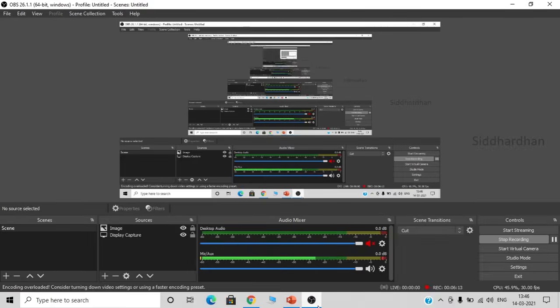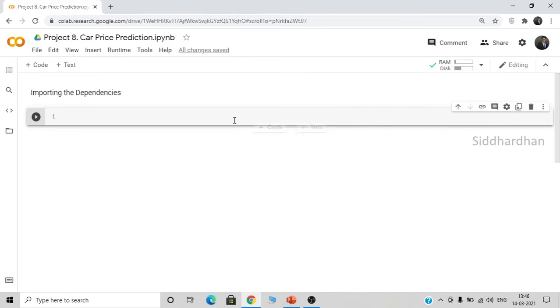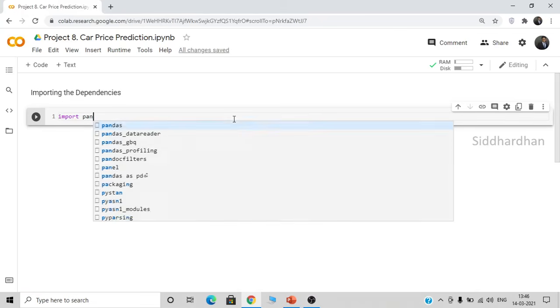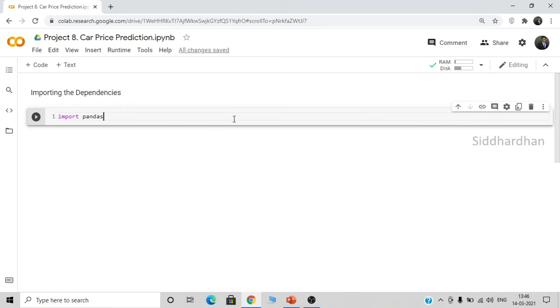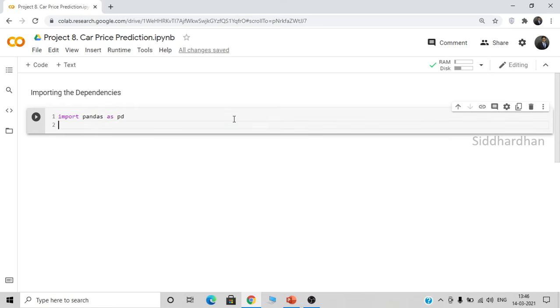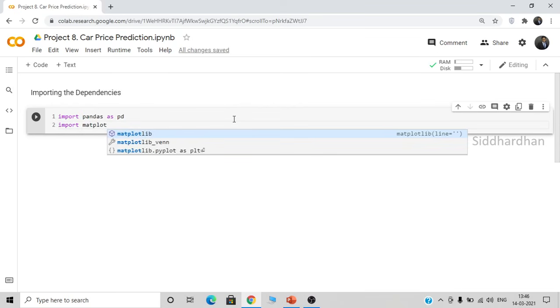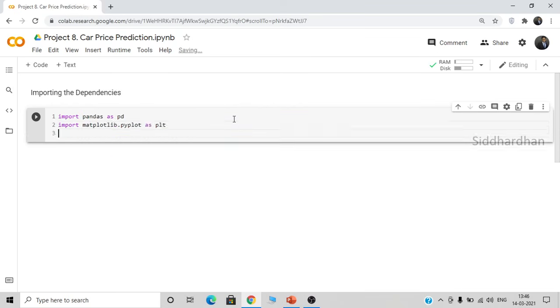First of all, let's import pandas. So import pandas as pd. Next let's import matplotlib.pyplot as plt, and then let's import